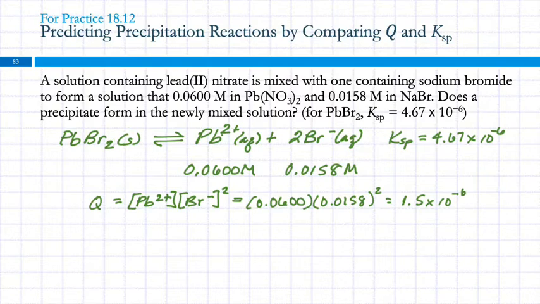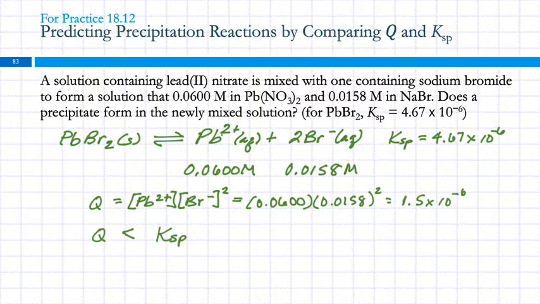So how does Q compare to KSP? Which one's bigger? KSP is larger. The hard thing I've always found is remembering, well, Q larger than or smaller than, precipitates, doesn't precipitate. It's another one of those seemingly random pairs of things. So I prefer to just think about it instead of try to remember. So this is what Q is right now. And